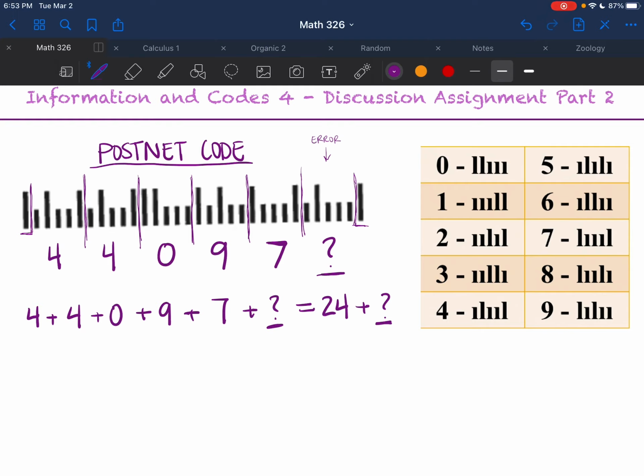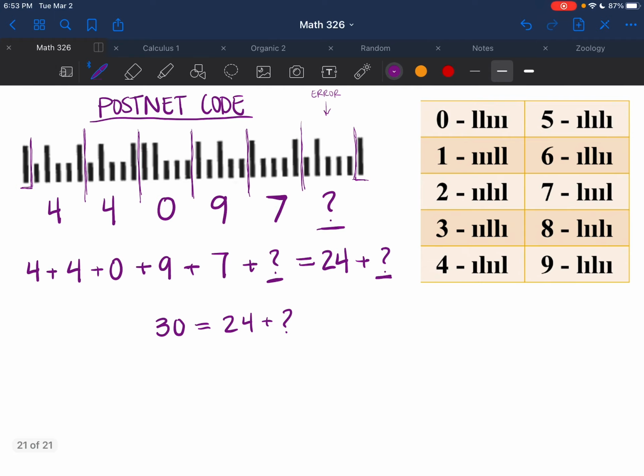So my first thought, well, what's the next number after 24 that ends in 0 that we can add to? And we know that it goes 20 and then 30. So if we know that our sum needs to equal 30, then we can set 24 plus our question mark equal to 30, and then solve for our question mark. So we would do 30 minus 24 to get 6, and then that means our question mark equals 6. And you can check that by plugging in 6 for the question mark right here. 24 plus 6 equals 30. And so that would make our